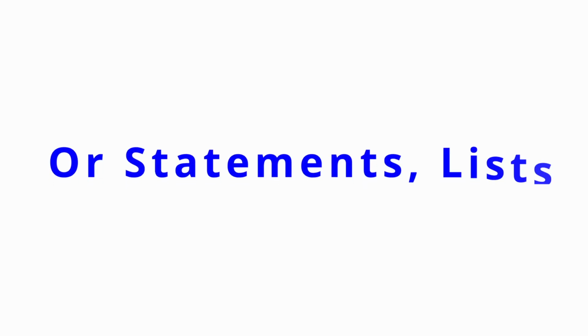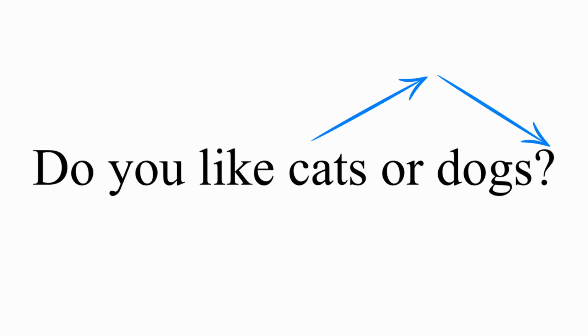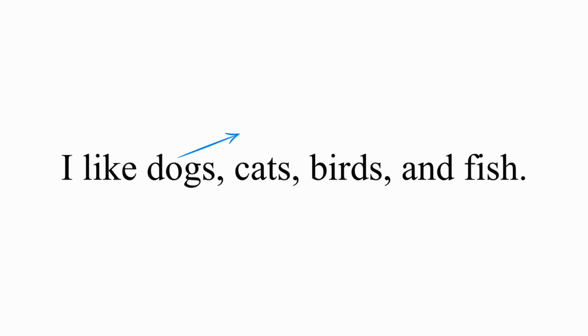of the carrot. To our first case, or statements and lists. Now we talked about or statements and lists in the rising intonation. And there's actually two ways that you can look at the or and the list rise-fall structure. One is to look at it as a rise-fall. One is to look at it as a rise and then maybe a fall. So we saw with or how we'll rise on the first option, fall on the second option. And we saw with lists how we'll rise on each item through the list, and then we do this partial fall to close it. In one way, you could look at this as just rising and then falling, not as